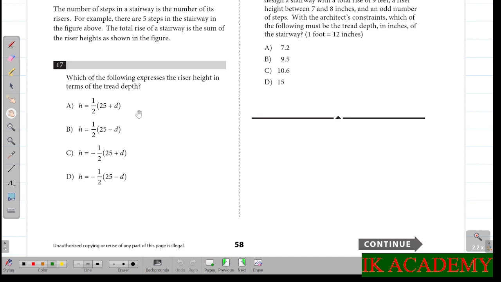So according to the question, we need to present riser height in terms of the tread depth. The given formula was 2h plus d is equal to 25. So we can express the riser height in terms of tread depth. If we take d to the left side, 25 minus d, then h is equal to 25 minus d whole divided by 2, or we can write 1 over 2 times 25 minus d,